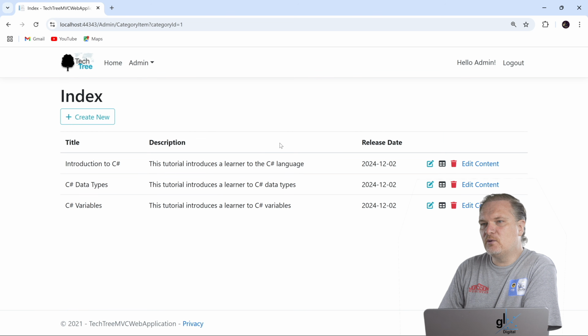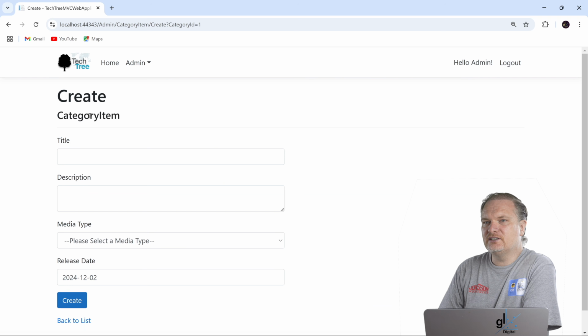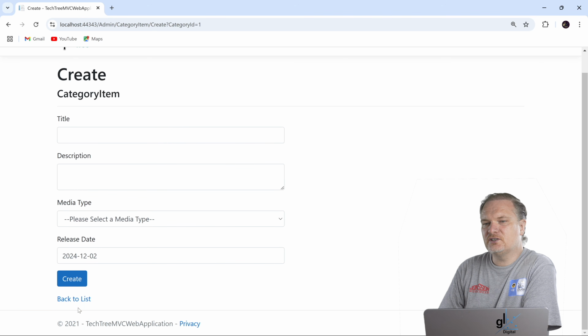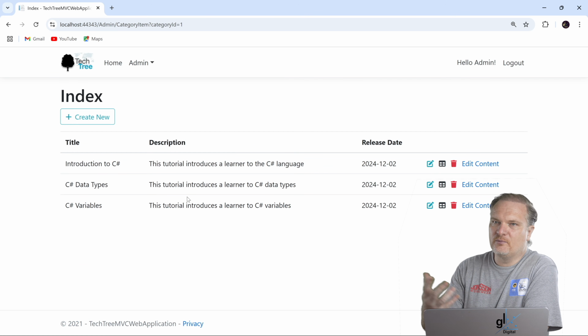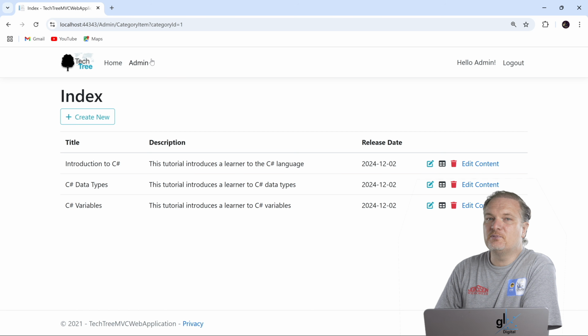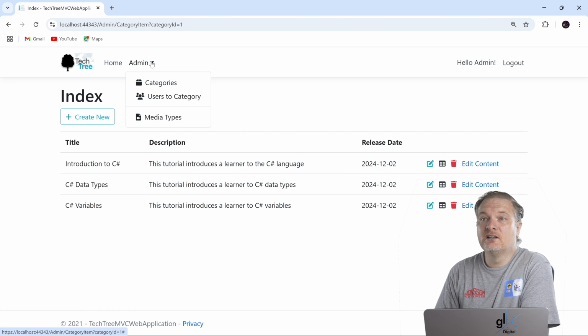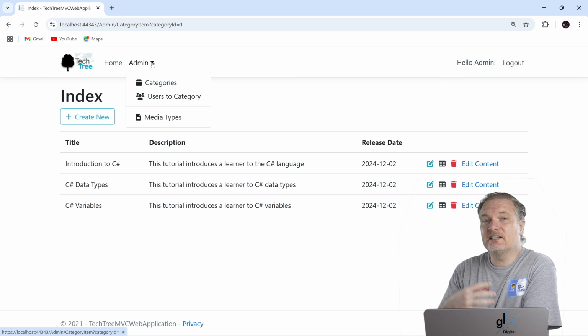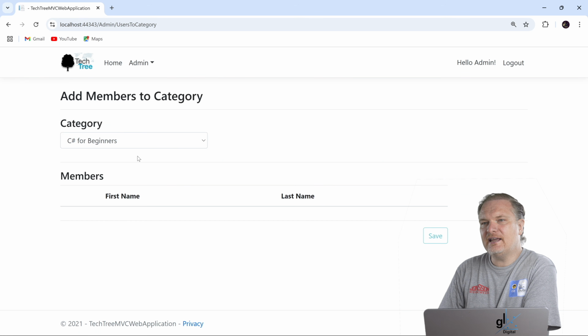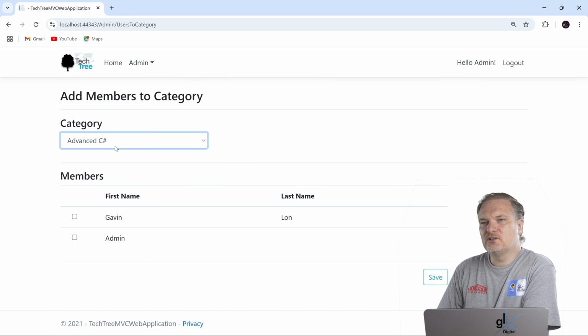And so we can perform the relevant CRUD operations. We can even create a new course item here if we so choose, and you can perform the CRUD operations within the system because you're now an administrator. So please check out the full course to get all the relevant details regarding how to set up these CRUD operations for an administrator user. And you can go to users to category, and because you're an admin, we can go to the relevant courses,